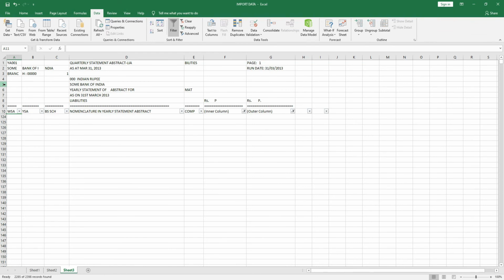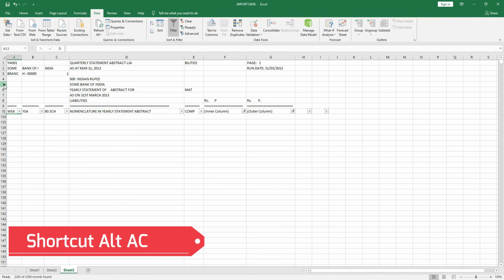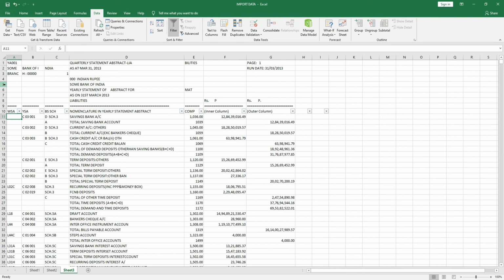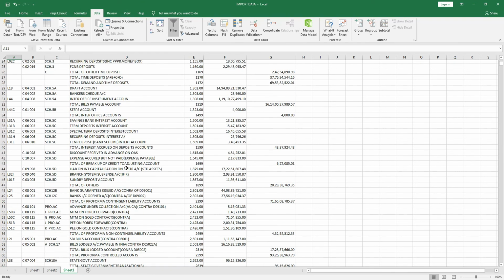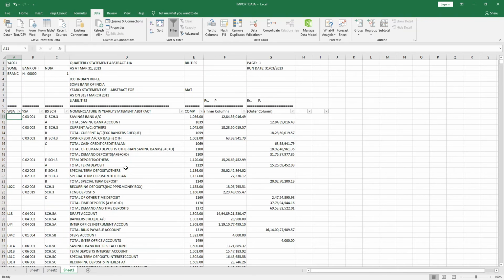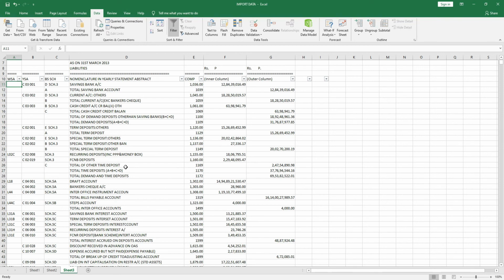Now as the rows have been deleted, I got to see the data which I did not delete, or the unfiltered data. So I press Alt A and C. As soon as I press Alt A and C, the filters are removed. Now here you've got the inner column and the outer column, and only those fields which have got numbers could be seen here. Rest of them have been deleted. So I've been able to make this data quite crisp, and probably I could now work with it.